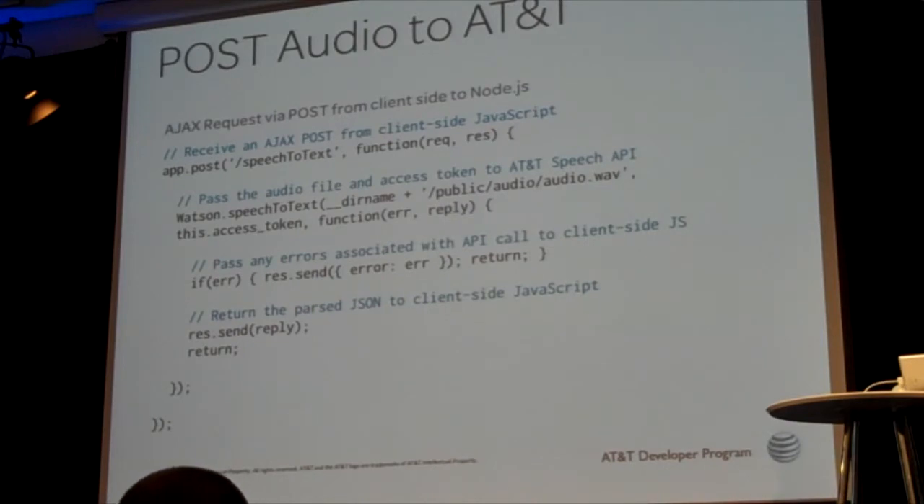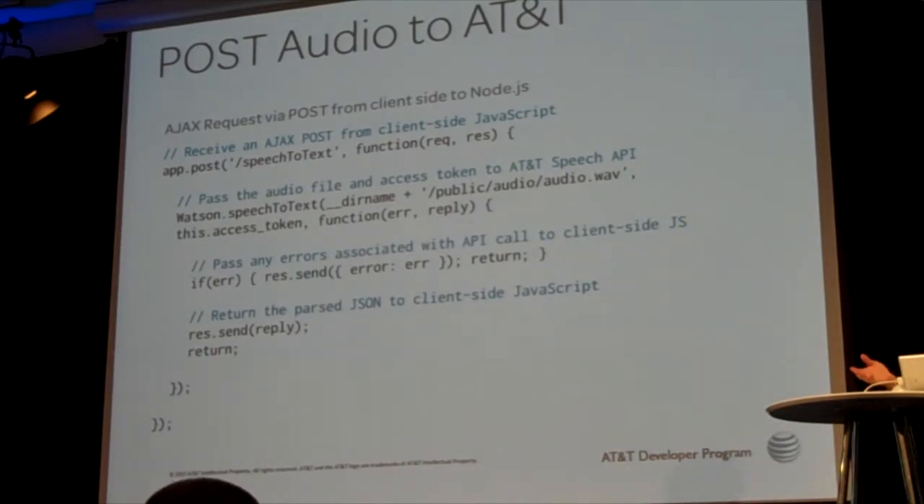And then comes the easy part. You just post it straight to the AT&T API. So in this case, we're just doing a simple post. It's just an HTTP request to the speech-to-text REST endpoint. And all we're doing is using the built-in API method from Watson, the API wrapper, to send